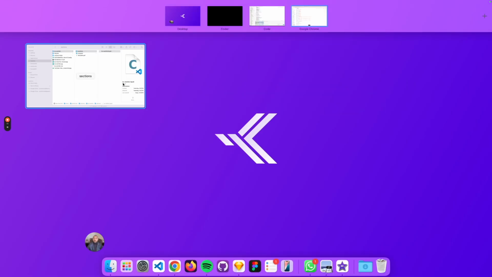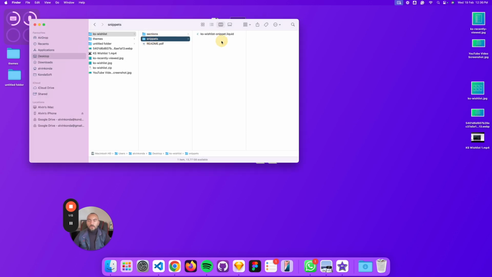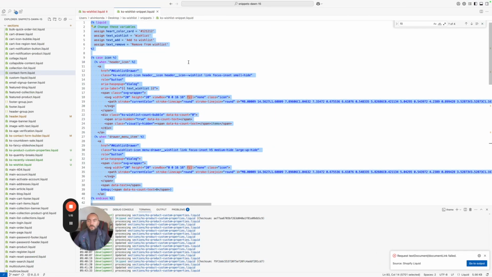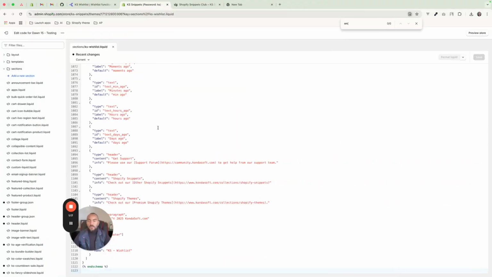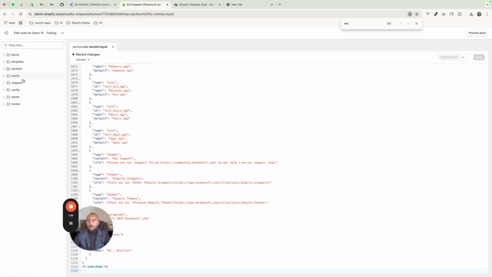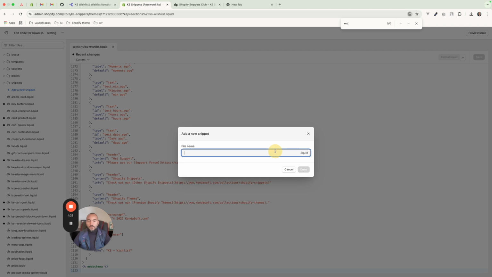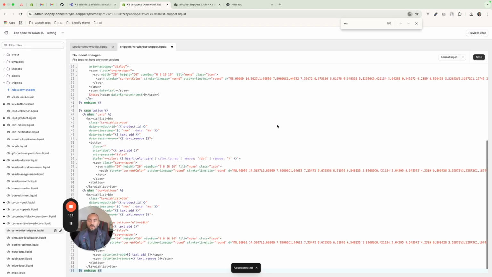The same thing for the snippet file. Copy the contents of the file,